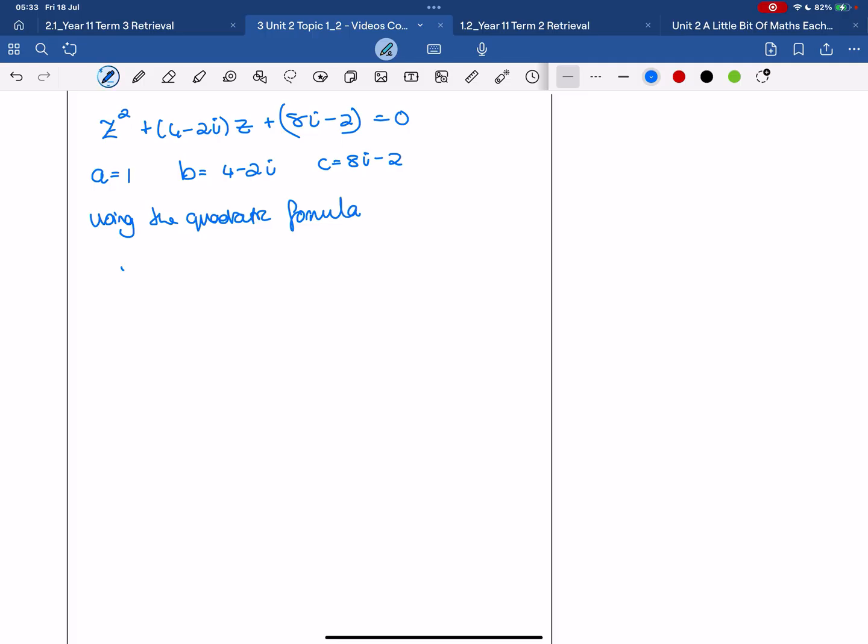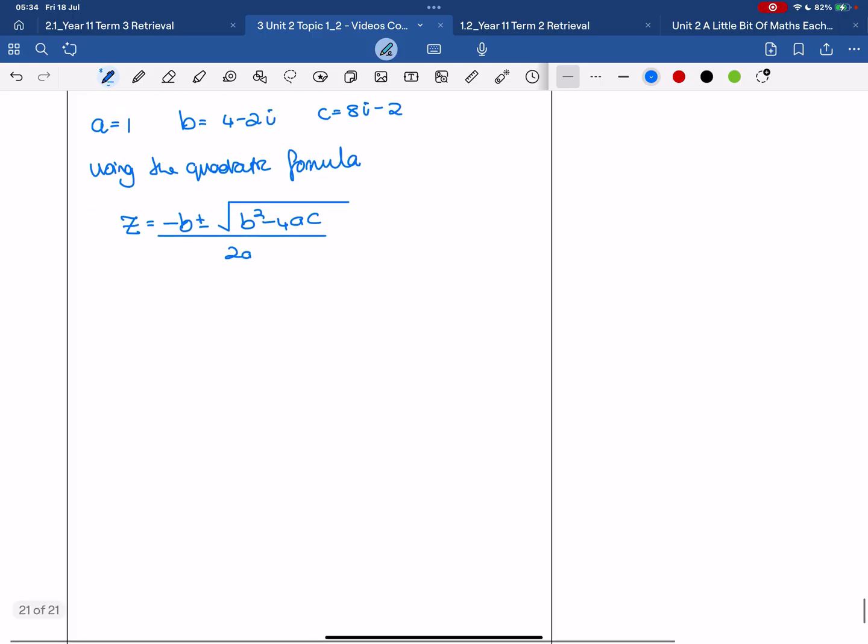Which you need to know off by heart. So negative b plus or minus the square root of b squared minus 4ac all over 2a. And I'm going to put my values in, so negative (4 minus 2i) plus or minus the square root. This is going to end up being quite big. (4 minus 2i) all squared minus 4 times (8i minus 2)